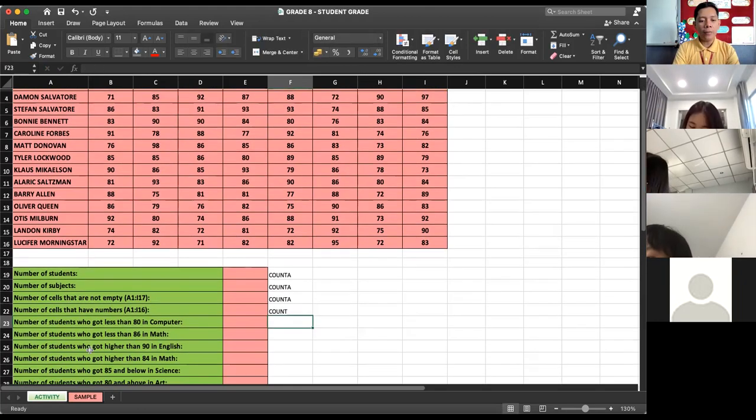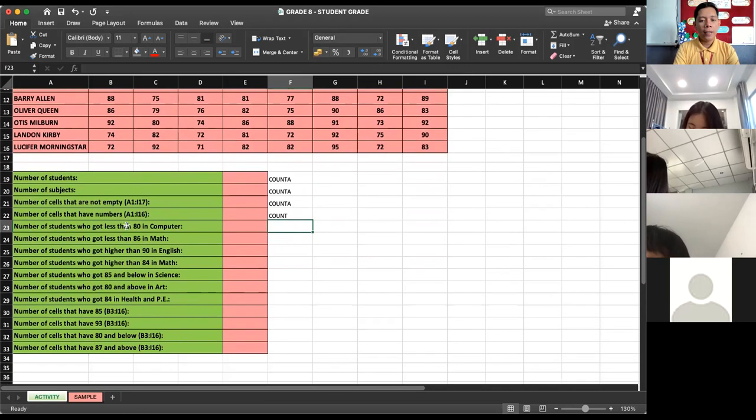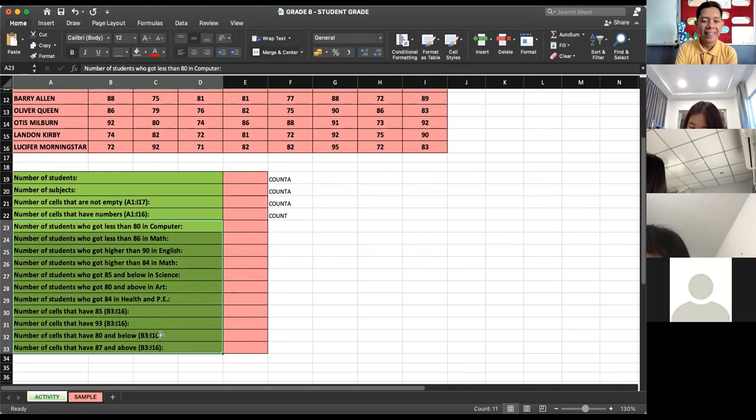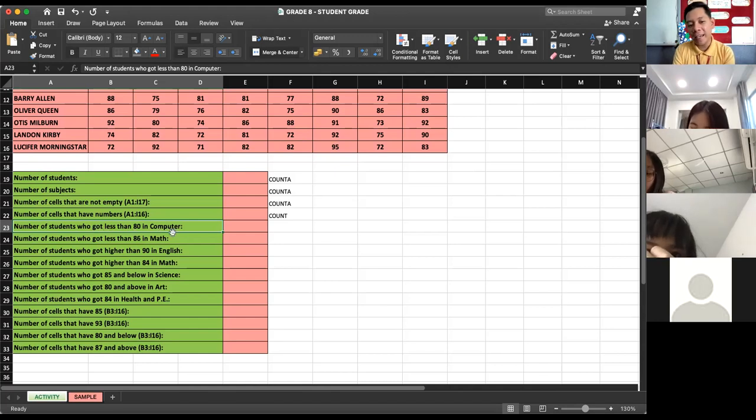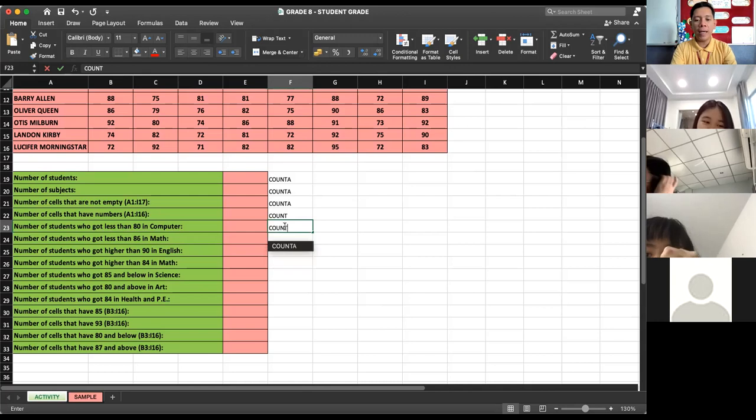Okay, how about from here to here? Number of students who got less than 80 in computer. So you have a condition here already. So therefore, what are you going to use? COUNTIF. Okay, so for the remaining cells here,